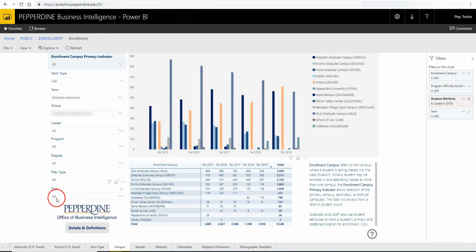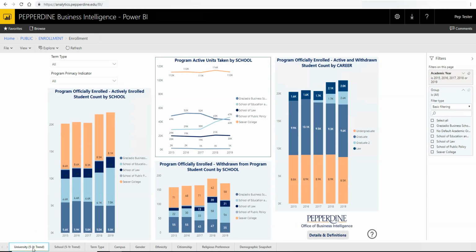If the data within a grid or visual is part of a hierarchy, you will see the option to drill up, drill down, or expand the hierarchy. If there is no option to drill or expand, it means there is no hierarchy or you are already at the lowest level. For example, in the bar chart for actively enrolled student count by academic year in school, expanding